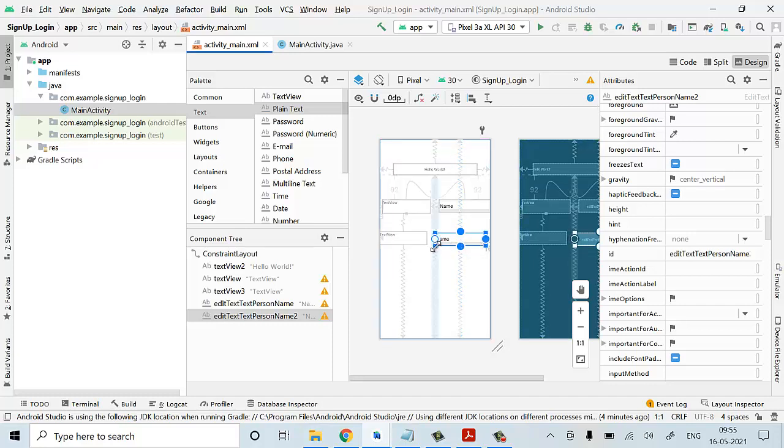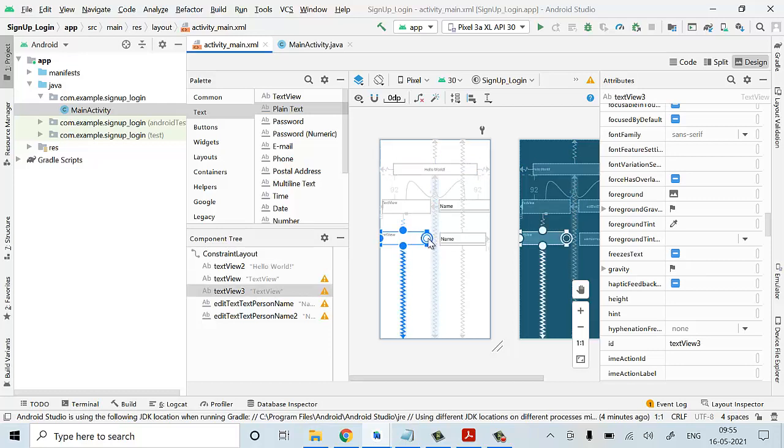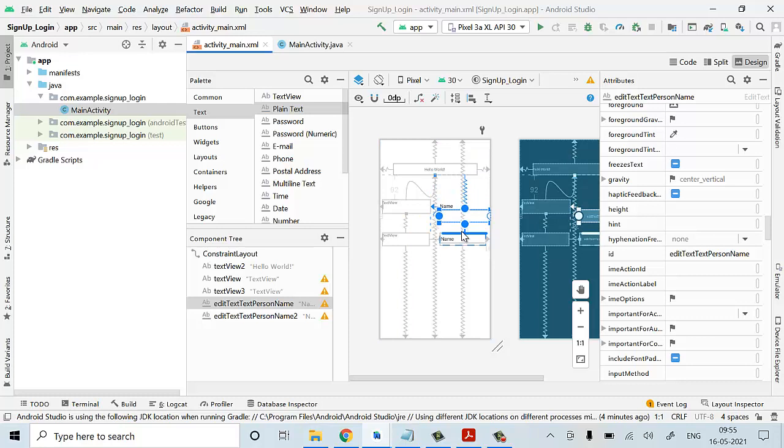Okay, I'll still decrease. Okay, I have done. So now we will arrange it to this particular position. So we have arranged it. Now two text boxes are ready, two text views are ready. Now we have to give a button for this. So I'll arrange this also. I have not arranged this. Okay, I'll arrange here, and this I'll arrange it to this here, and this it is arranged.